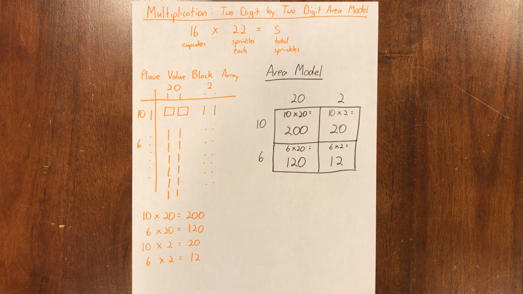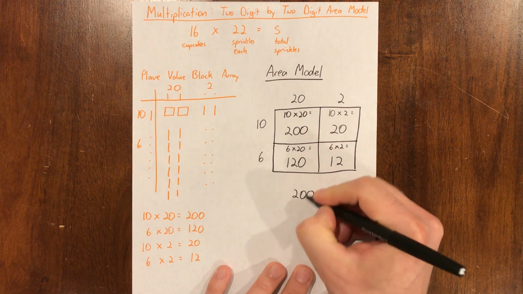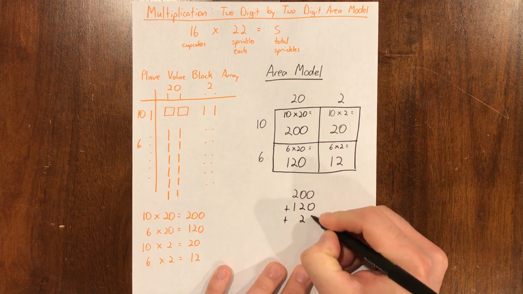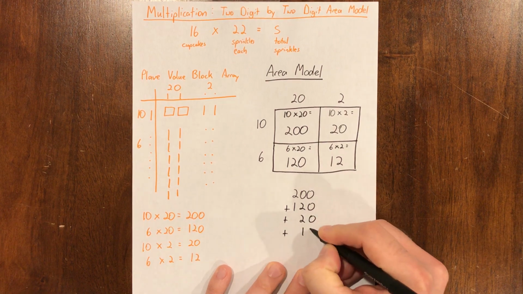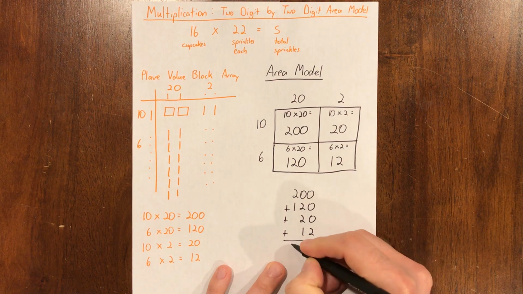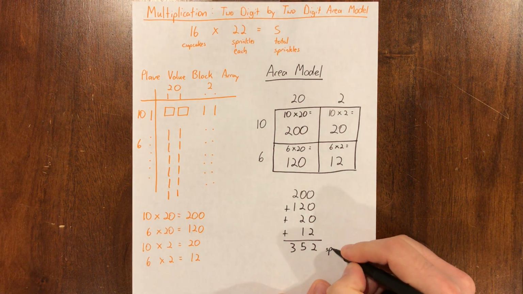All right, and now to finish up, what do I need to do? Say it out loud. Yeah, add the partial products. 200 plus 120 plus 20 plus 12. 352 sprinkles